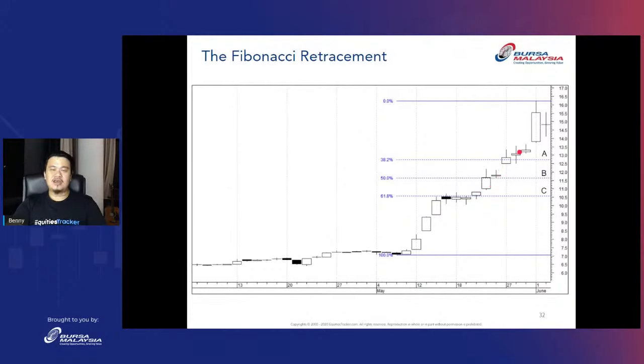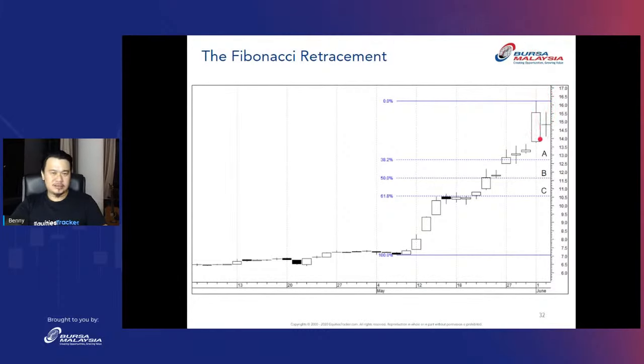And you still didn't buy at 11. And then the next day it goes up to 12 ringgit, and you say, yeah, I should have bought at 11, or even 10 ringgit. But because the price is high, you think, but now it's a high price, right? I cannot buy. Okay, and then they don't buy at 12 ringgit, and the price goes up to 13 ringgit. And this happens on a daily basis, right? It's like every day you don't buy, you miss out 1 ringgit. And eventually we all succumb to